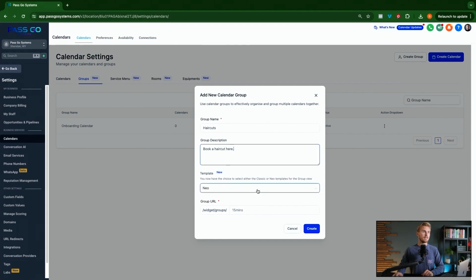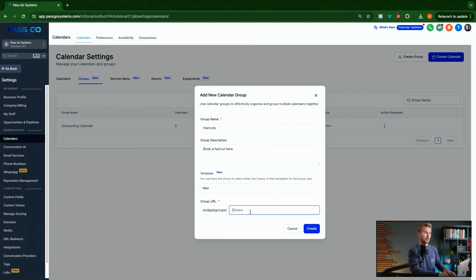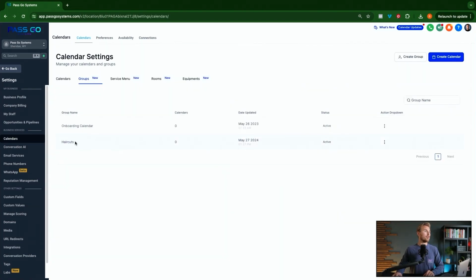Template, I'm just going to leave it as Neo. You could also select classic, but I'm just going to leave it as is. And then group URL, I'm just going to do pass go haircuts, and I'm going to create this group. So now I've got a group of haircuts, and what I'm going to do is go back